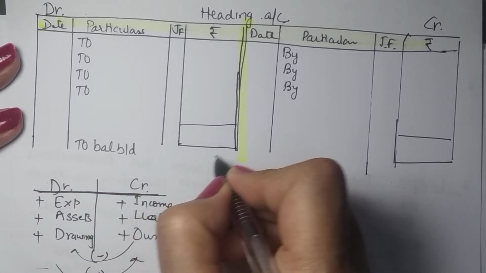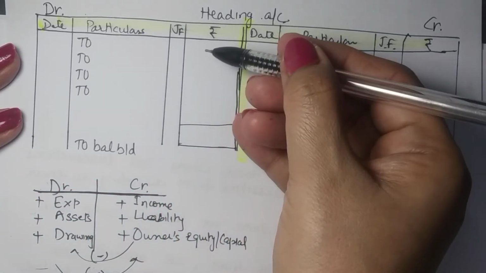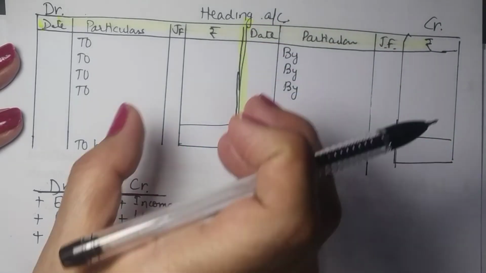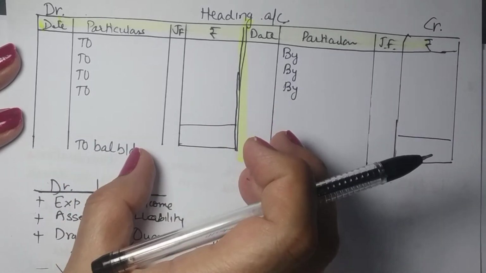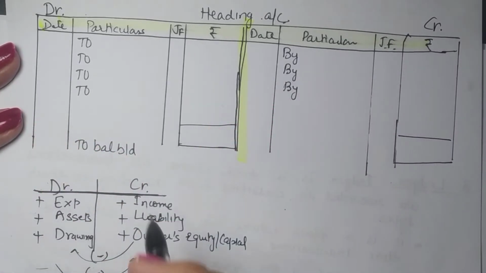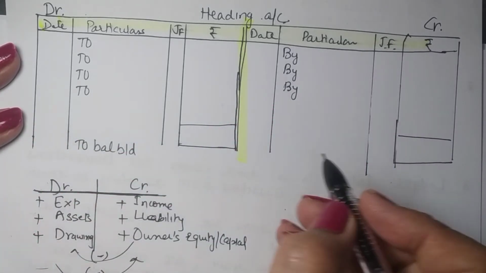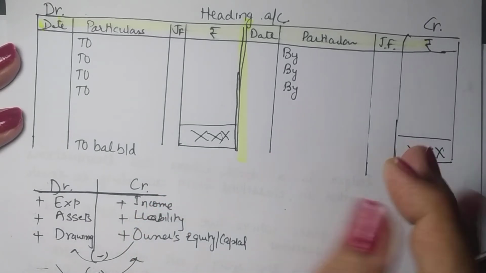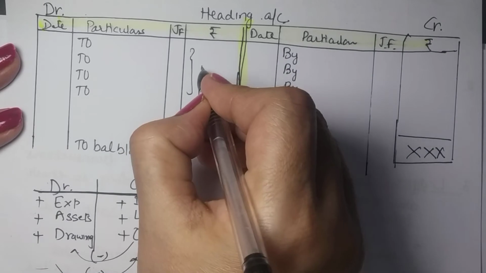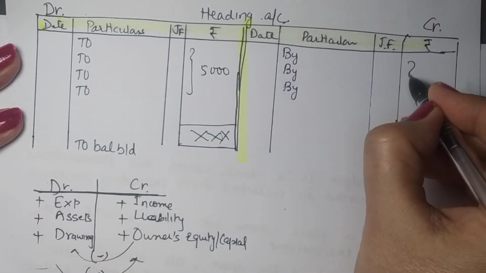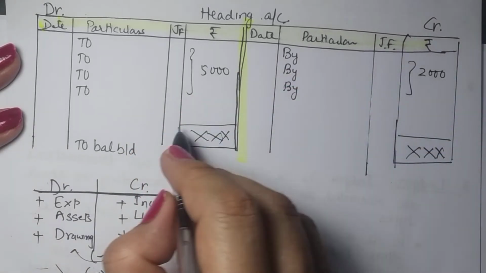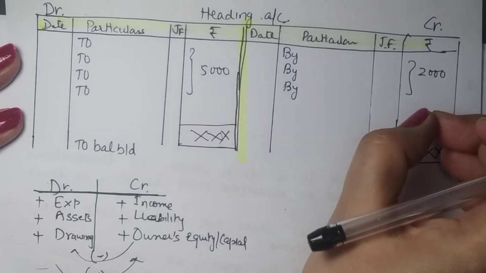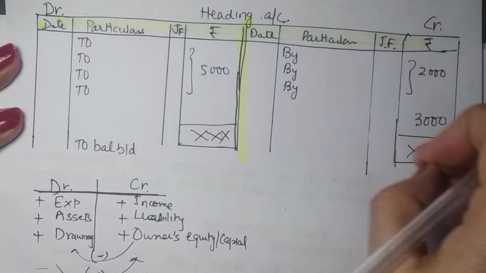The difference, 4,000 or 3,000. So you have 5,000 here, you have 2,000 here. So 3,000 is left here. So this is the balance. This is called balancing. Although when we balance it, what we try to do is we try to make these amounts equal. So suppose it is having 5,000 here and it is having 2,000 here. So in order to make the totals equal, you need to put 3,000 here. So this is the balancing figure.